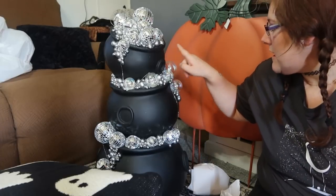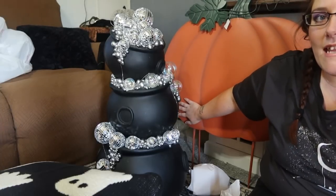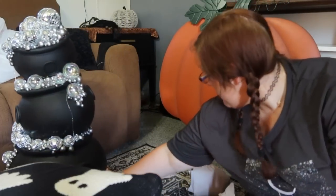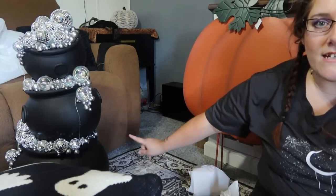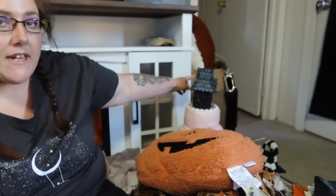So I have a black and gold little end table over there, and then behind these there is just an empty space. Let me see if I can move these over. Yeah, there's an empty space back through here. There's a little scratching post for the girls, so I'm going to move that, and then this is going to go over there, and it's going to be lit up, and it's perfect because on the other side we have our blanket bin,